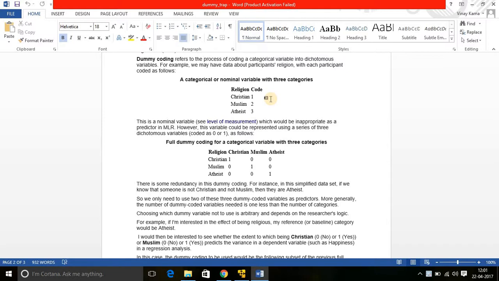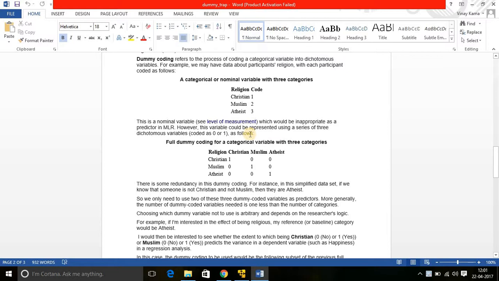Now I'd also like to tell you one more thing. What if it was ordinal? What if there were categories, let's say ratings of 1, 2, and 3? How would we convert that into dummies? For that also, we have to convert it into separate dummies. Like if it is 1 star, 1, if not 0. If it is 2 stars, 1, if not 0, like that, to remove redundancy.